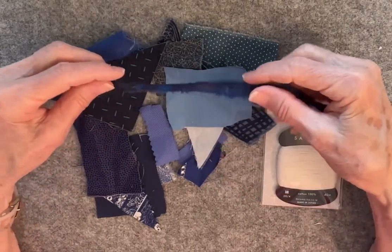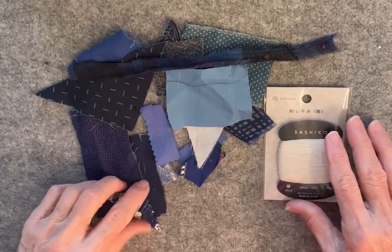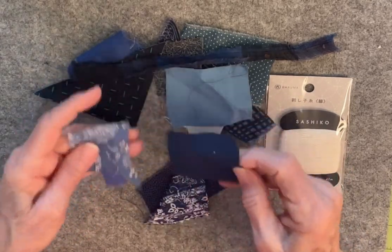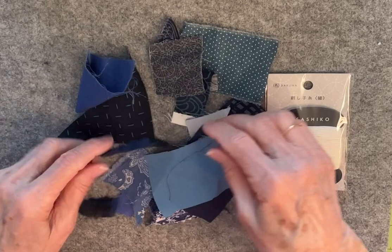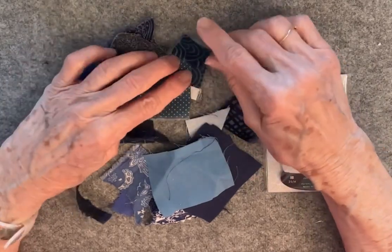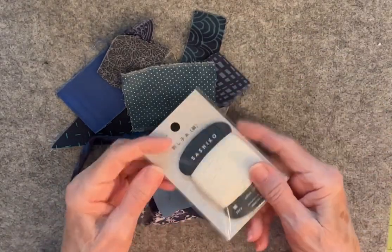So this week 21 is inspired by Boro, and it's called Mending as Healing by Kathryn. And so I'm going to see what I can put together with these little scraps of blue that I found in my scrap box. Just little pieces, different pieces of blue, because Kathryn was using indigo and I wanted to use blue also because Boro is traditionally done with indigo fabric and white sashiko